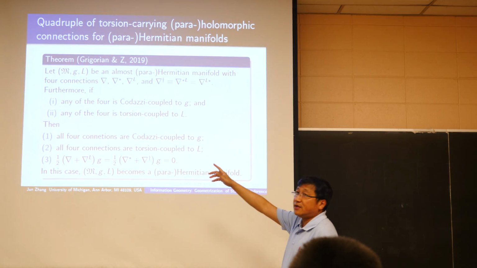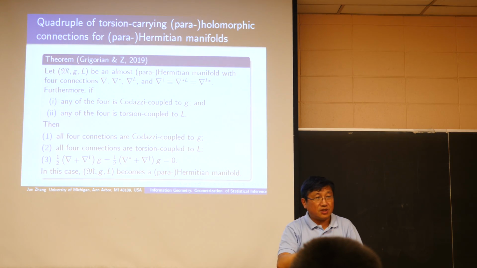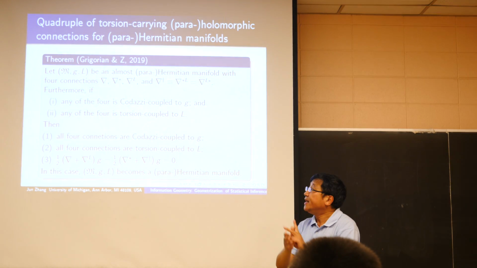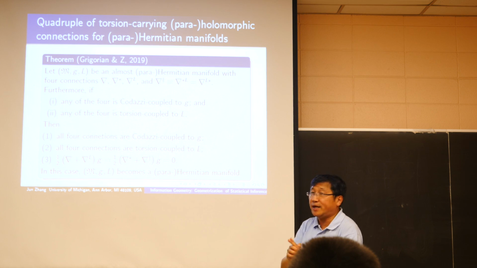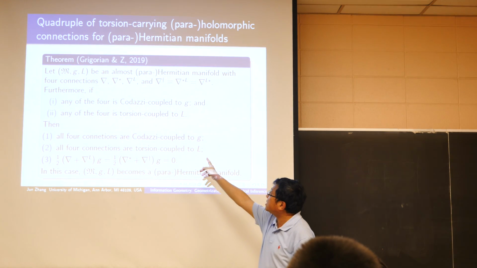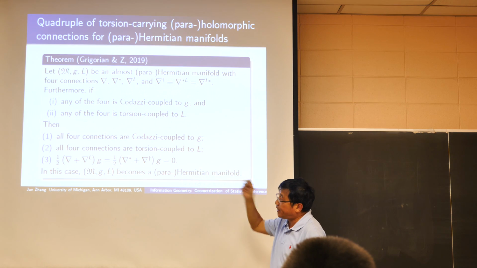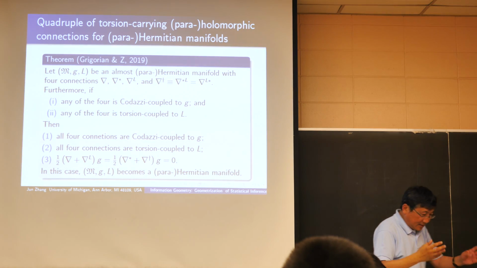What we showed is that for this quadruple of connections, if any one is coulombic coupled with G, and any one is torsion coupled with L, then all four of them would be coulombic coupled with G, and all four of them are torsion coupled with L. And so all these connections come in